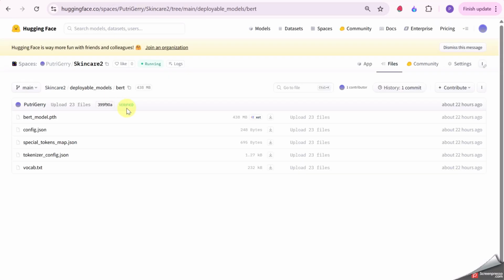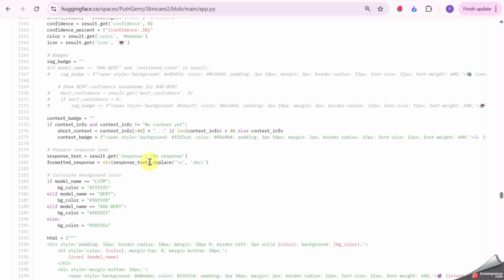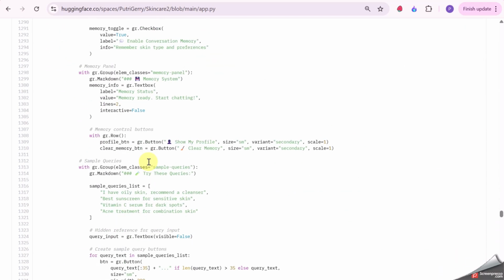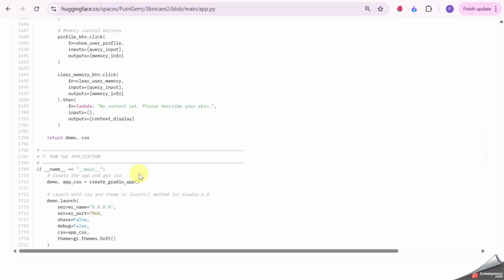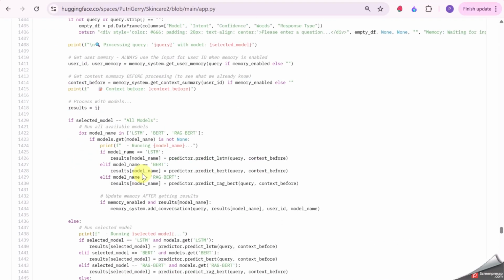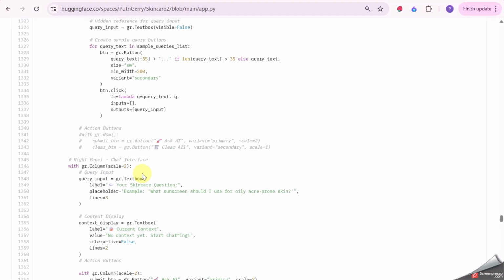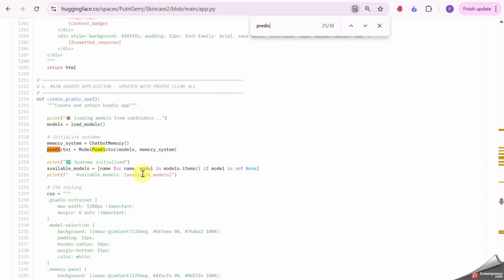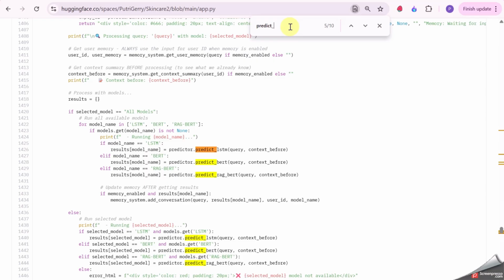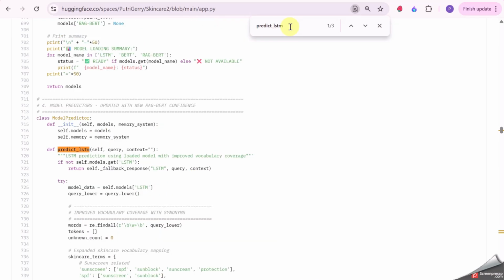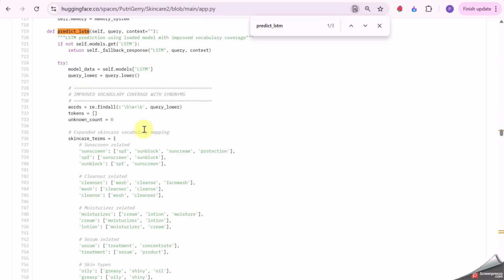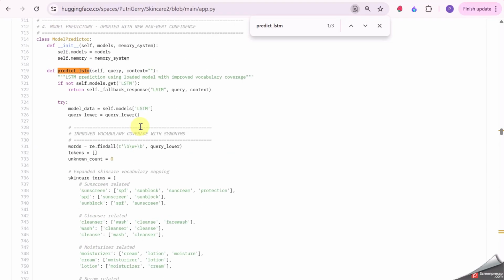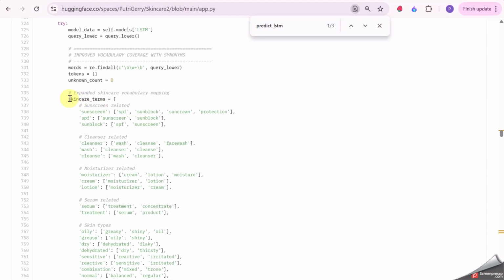Next, after defining the UI, from the UI we gonna call the function when we click the ask question. It's gonna call the predict. And in this predict function, we define it like this.